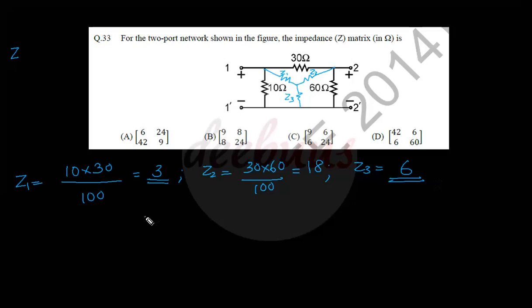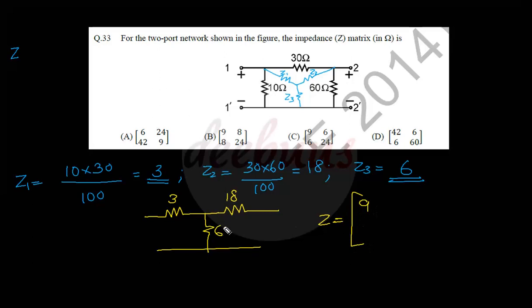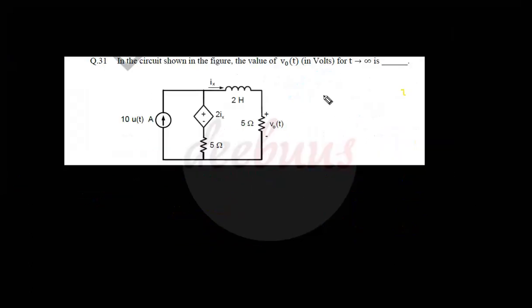So now we can draw the equivalent T network as, right? Here it is 3 ohm, here it is Z2. Z2 is 18 ohm and Z3 is 6 ohm. So the total impedance matrix now consists of 3 plus 6. Z11 equal to 3 plus 6, that is 9. Next sharing resistance, that is 6. Here also 6. And the total resistance of second loop, that is 18 plus 6, that is 24. So the answer turns out to be C. Right? 9, 6, 6, 24. Moving to the next 2-mark question.